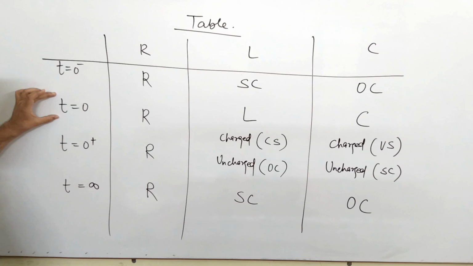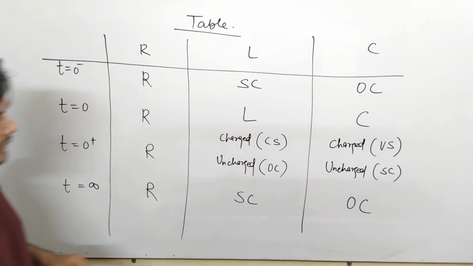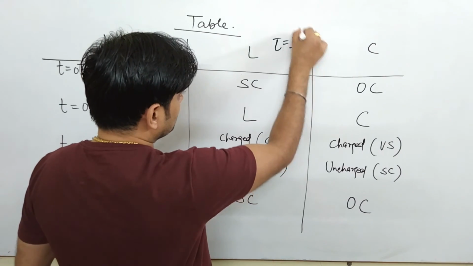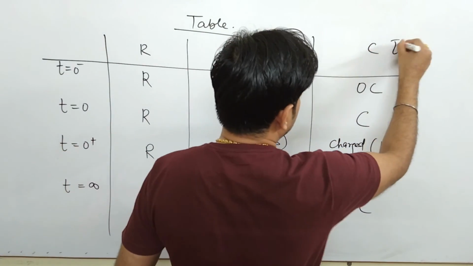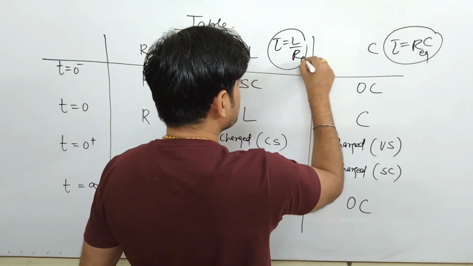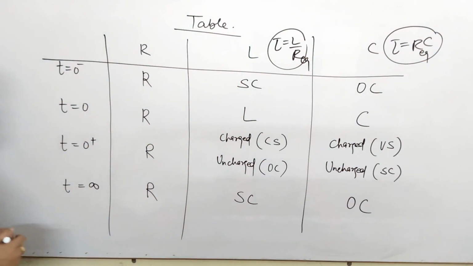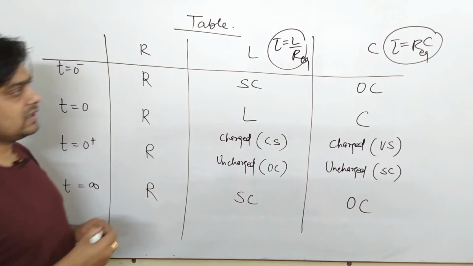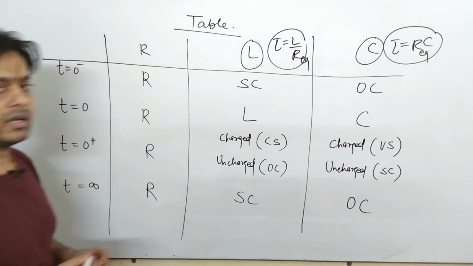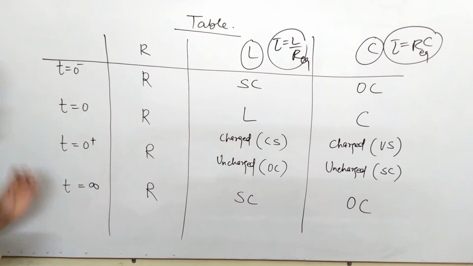And for this condition, you always find your R equivalent. Okay, for finding out the time constant, tau here is L by R, and tau here is RC, you always find this R equivalent. Okay, and this R equivalent is a Thevenin's equivalent, which you find in this condition either across an inductor in case of L by R, or across a capacitor in case of RC circuit. Okay, so this is an important table, just keep it in your mind, and this table is largely applicable while solving the problems.